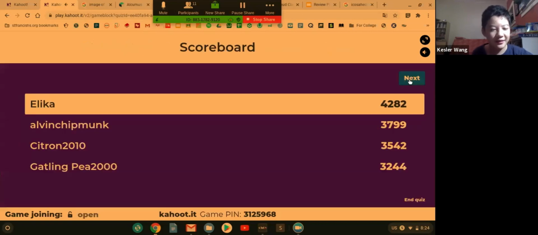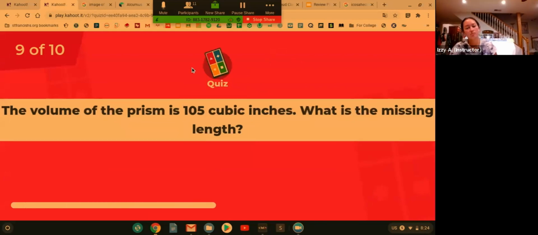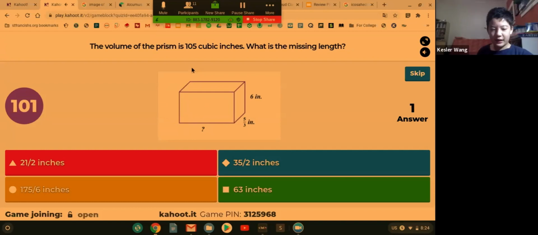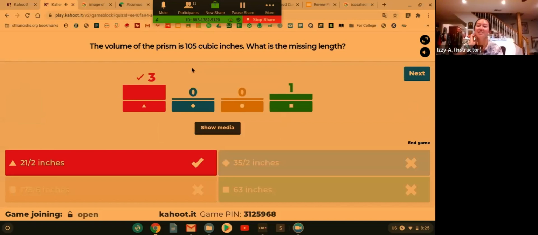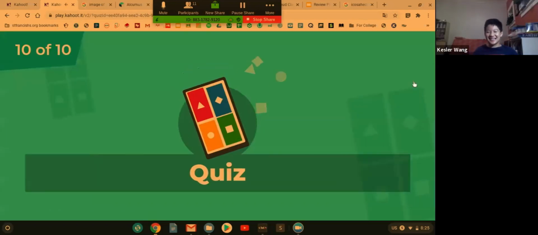Nice. Wow, everybody got it right. I'm still behind you for some reason. Six inches times 5/3. So it's 105. So it has to be 10.5. What's 10.5? Oh yeah. Oh my god. Yes, the galaxy has risen.